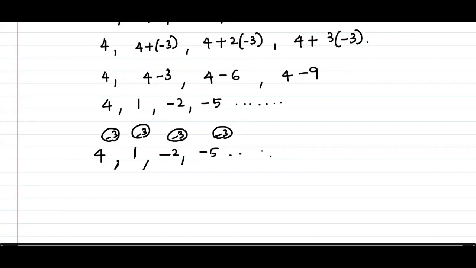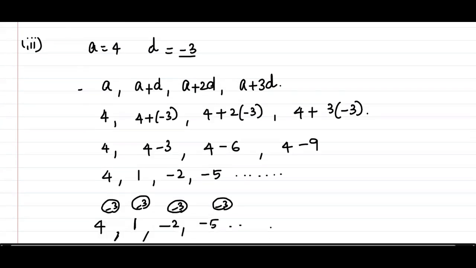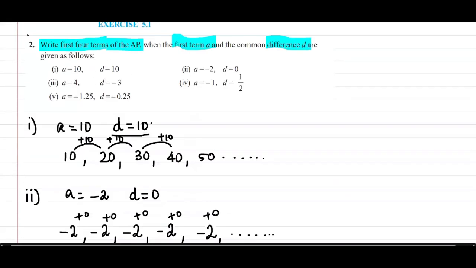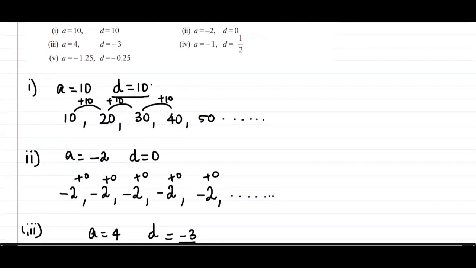Easy, clear? Fine. Okay, now let's move on to the fourth one. What is the fourth question? Fourth question is A is 1 and D is a fraction. A is 1, D is 1 over 2. So for the fourth question,